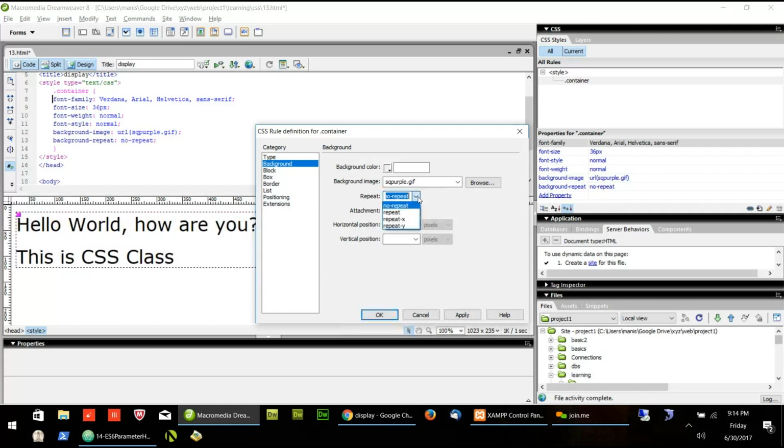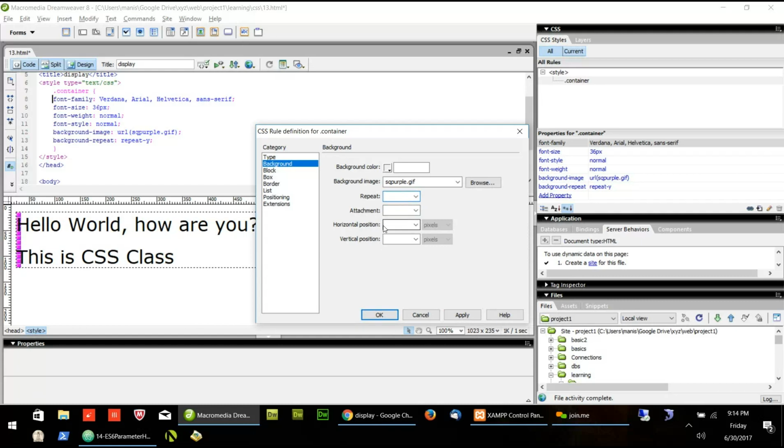If I say repeat X, it will repeat only on the X axis and not the Y axis. And if I say repeat Y, it will repeat only on the Y axis and not the X axis. No repeat or repeat.